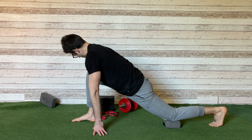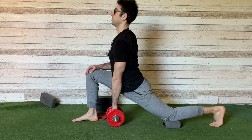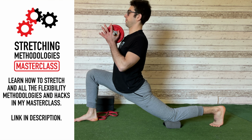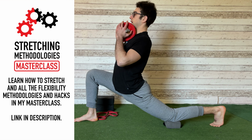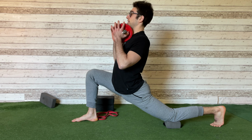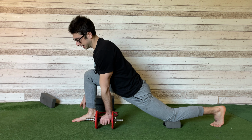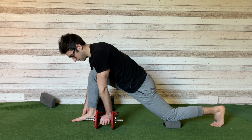Okay, and you grab the weight. So you do this and you do this. In this way you're pushing with your entire body weight and the weight your hips down. This will increase the stretch on your hip flexors a lot, really a lot, and you can adjust the intensity of the stretch, so like how you feel the stretch, how strong you feel the stretch, by using more or